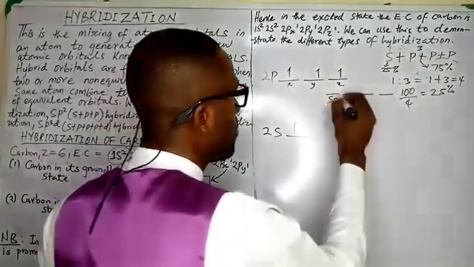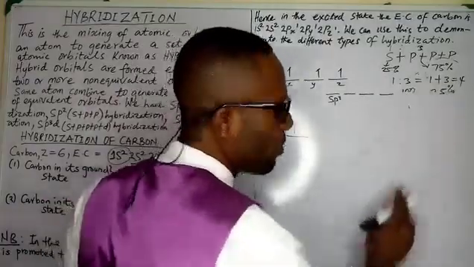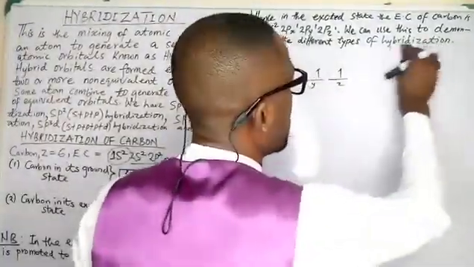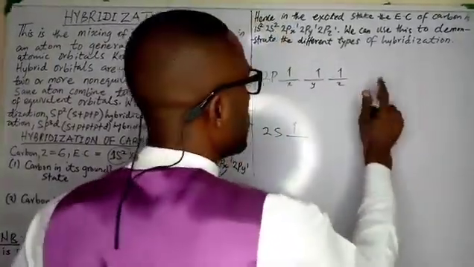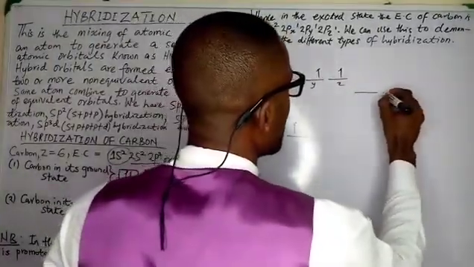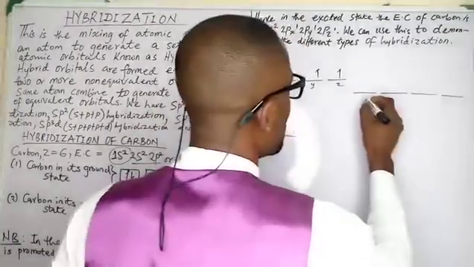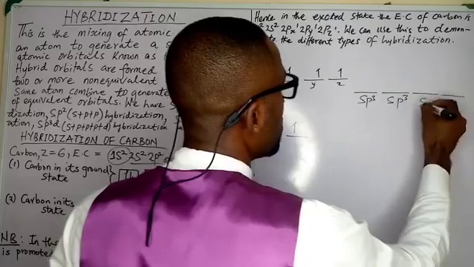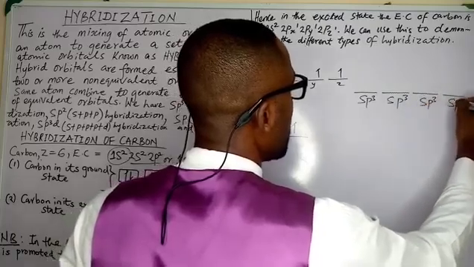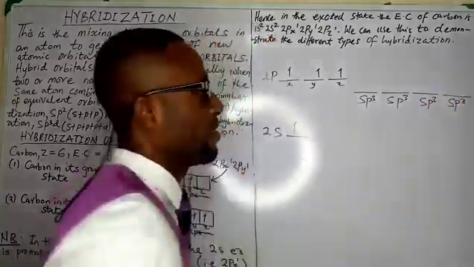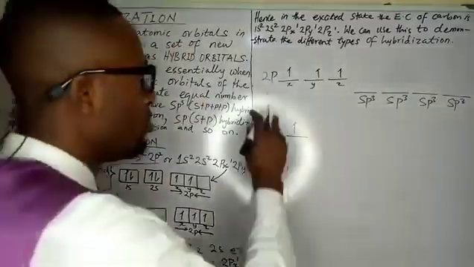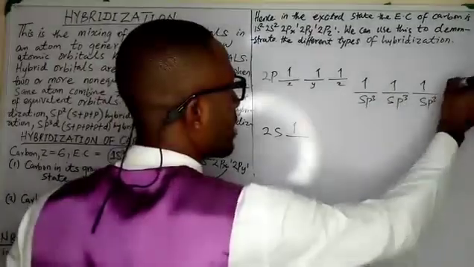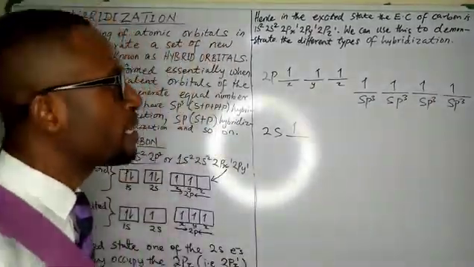So you have an sp3 orbital. Permit me to clean all of this, to draw it well. Okay? So here, now, somewhere here, you're going to have this, this, and this. So this is an sp3 orbital, this is an sp3 orbital, this is an sp3 orbital, this is an sp3 orbital. Nice. Beautiful. And again, you pull the electrons and place them like this, like this, like this. So beautifully. You see it?